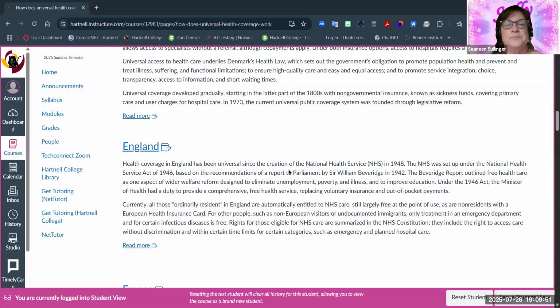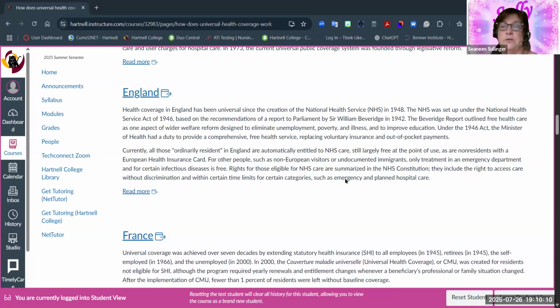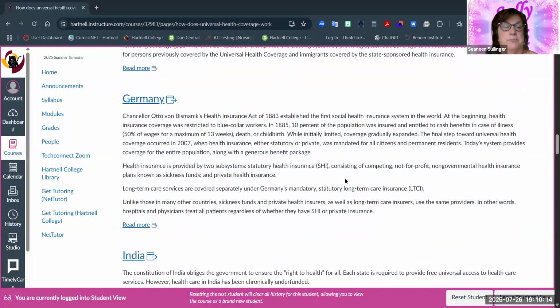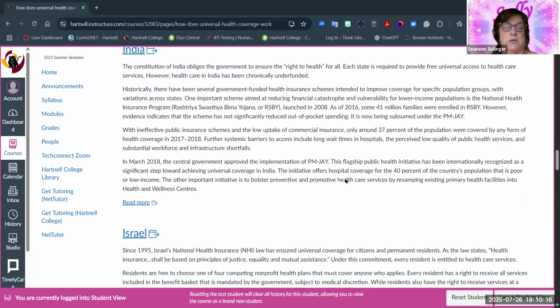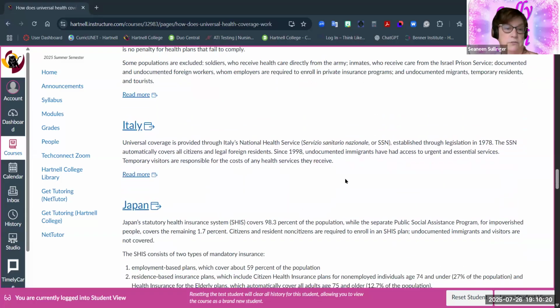Should be quiet now. So England, National Health Services under the National Health Service Act. So that's been around since the 1940s. It's a really long time. They've updated it again and again. They have a Minister of Health, and residents are automatically entitled to NHS National Health Service care, still largely free at the point of use. France, same thing. So with these countries, it gives you all the different thoughts and ideas behind their universal coverage